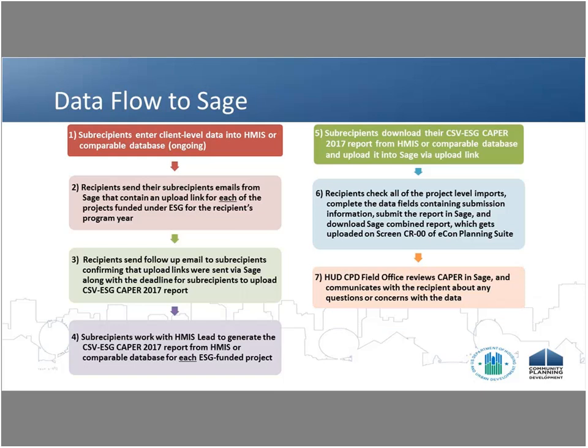The second step is recipients sending their subrecipients emails from Sage that contain an upload link for each of the projects funded under ESG for the recipient's program year. In the demo, you will see that as recipients, you'll have the ability to compile a list of your subrecipients in the system by entering in project information and your subrecipient's contact information. Sage will be able to generate a link. Each link is specific to each project, and it will give subrecipients the ability to click on that link to